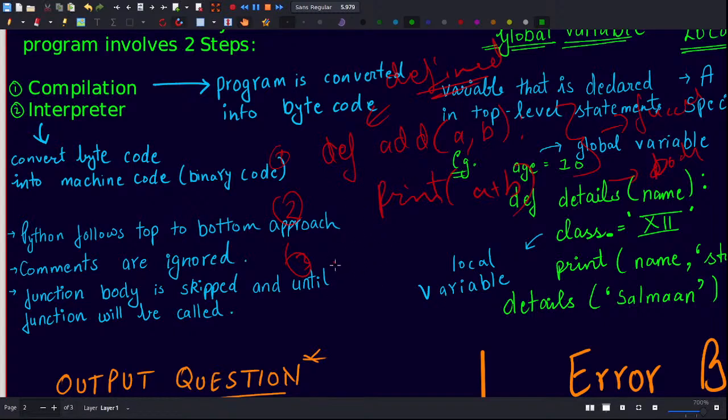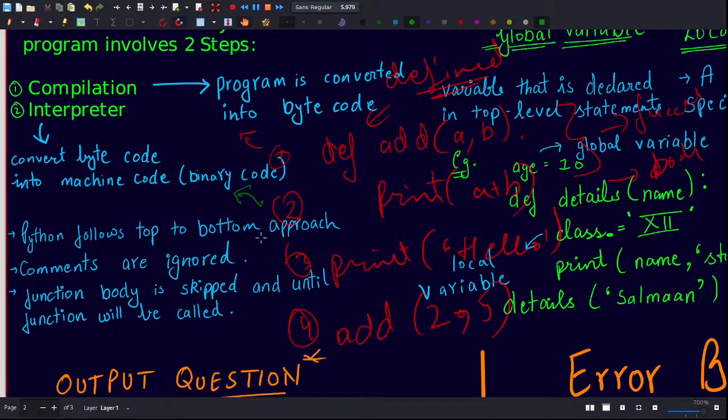So outside the function, I'm saying print hello. After saying print hello, now I'm calling the function. I'm saying add 2, 5. So what will be the output? You might say that the first line will be executed first, the second at the second, and the third after the execution of the second line. But no, in the case of a function,